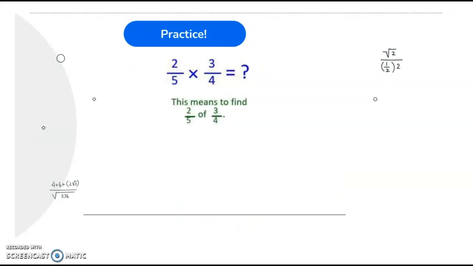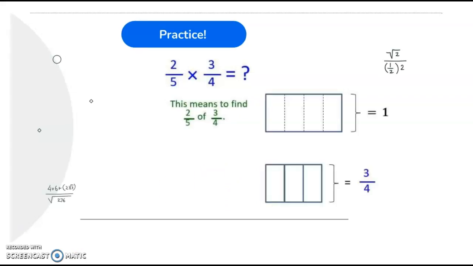Okay, one more practice. 2/5 times 3/4. This means to find 2/5 of 3/4. 2/5 of 3/4. Right? So we're going to find